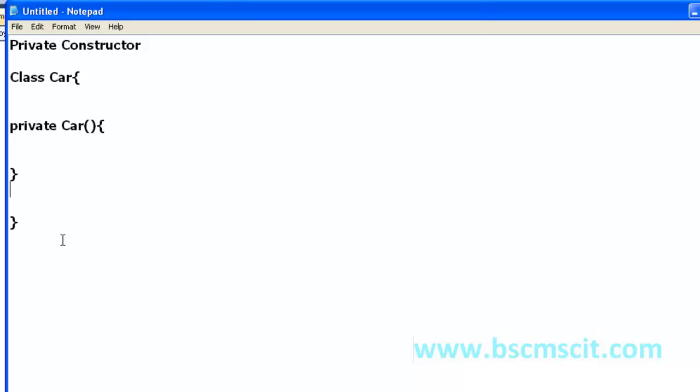Now some of the important points. If the class is having a private constructor, then that particular class we cannot inherit. Yes, if we have a private constructor in a class, then we cannot inherit that class and we cannot create the object of that class. So you must be thinking, if I have methods and properties inside that class, then how am I going to gain access to those methods and properties? So my friends, if you have methods and properties inside that particular class, let's say